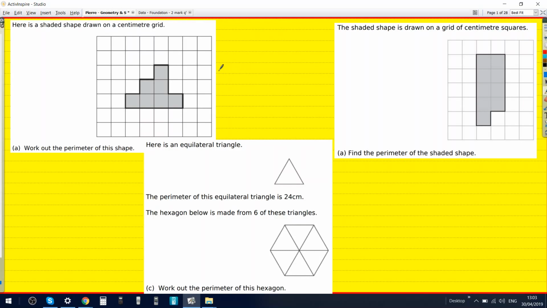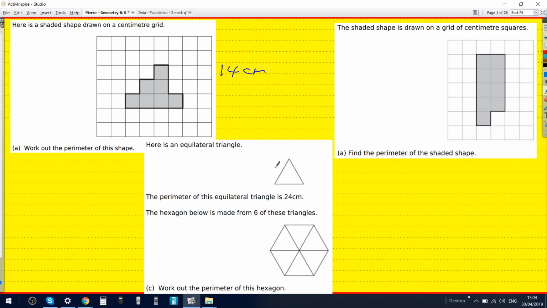So it would be 6. It would be 24 times 6. The perimeter of the triangle is 24. Right. How many sides are on the triangle? 3. That's 3 sides. But the hexagon's got 6 sides. So each side of the triangle, what size is it? Oh, so 24 divided by 3, which is